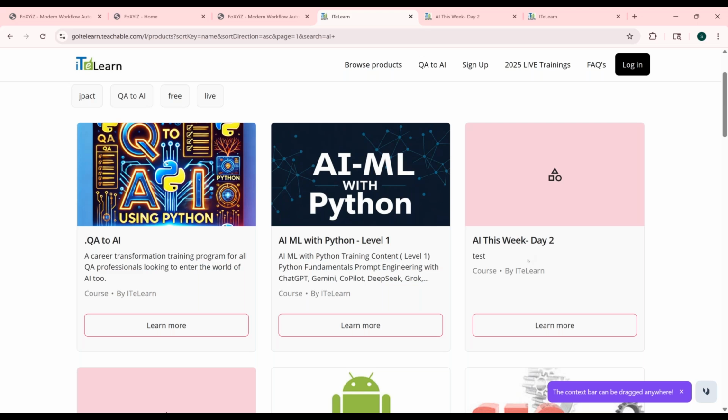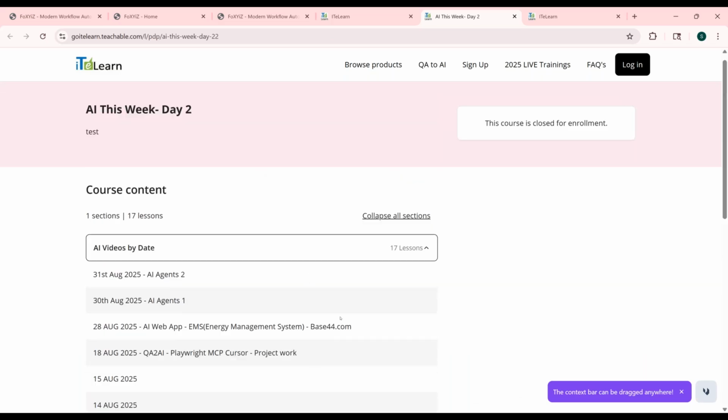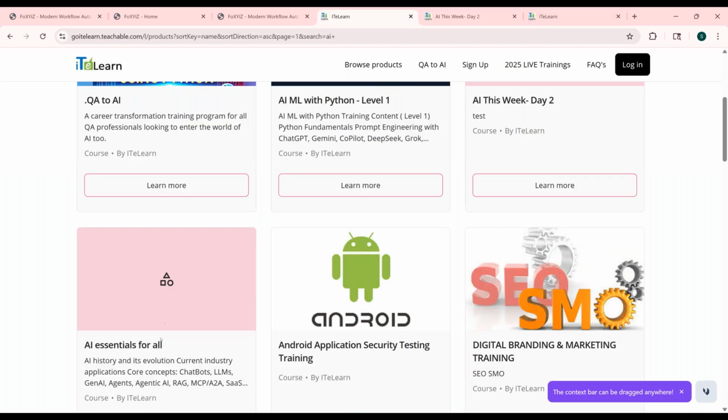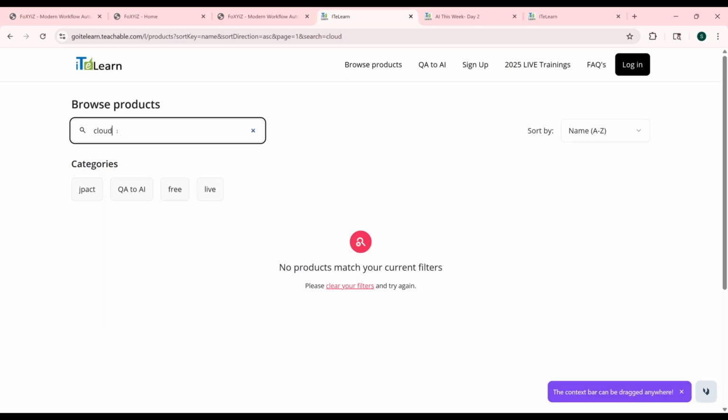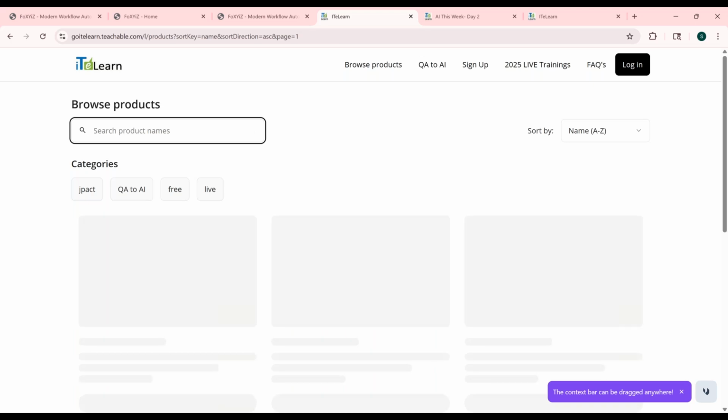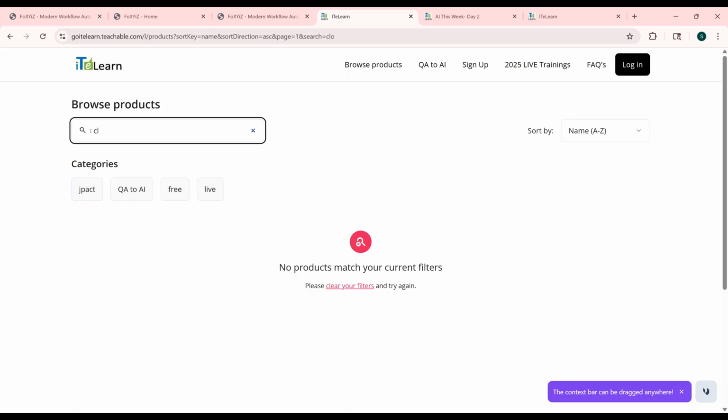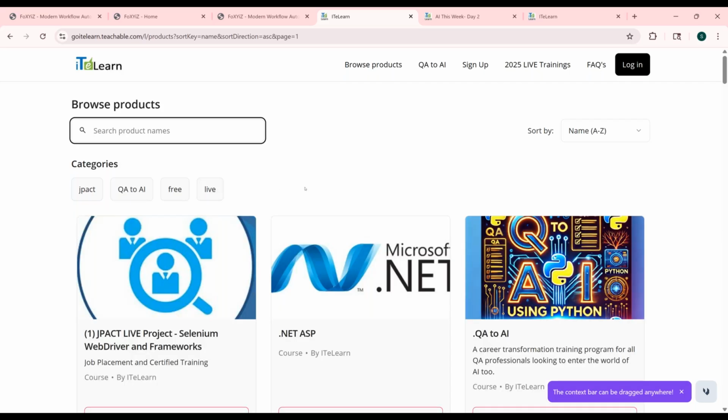AI ML this week is where I'm trying to organize all our videos by date, so you can easily access them, apart from by topic. Then there is AI essentials for all, which is now a combination of all of these put together into one, starting from the beginning. So what I would suggest, Hitesh, is to just search for anything that you're looking for here and you should be able to find it. Maybe there's no direct one, even AWS I don't see. There should have been something on cloud, but let me check and get back to you.